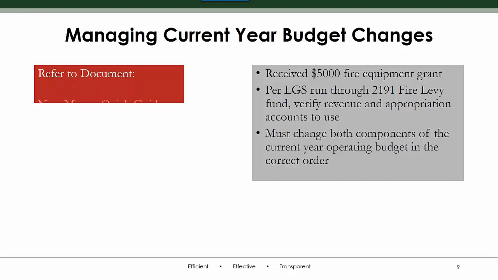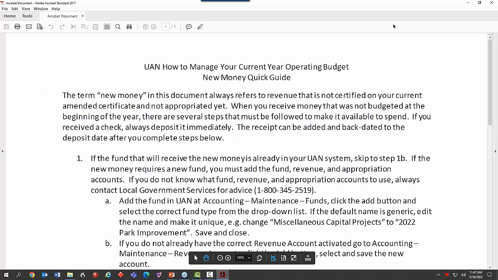Okay, so I'm going to have to refer you to the UAN New Money Quick Guide. Some of you have gotten this New Money Quick Guide in an email because you've called sometime. I think I typed this document up because we had so many people calling with the CARES Act fund. I mean, this started back in 2020. I got a new fund. What do I do? Well, you have to look at the New Money Quick Guide, because we had so many, I typed it up. Some of you have this, and others, you're seeing it for the first time. And it's just simply notes and what order you have to do. I've tidied it up a bit, but the content is pretty much the same.